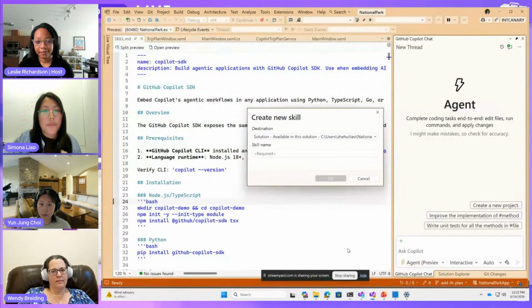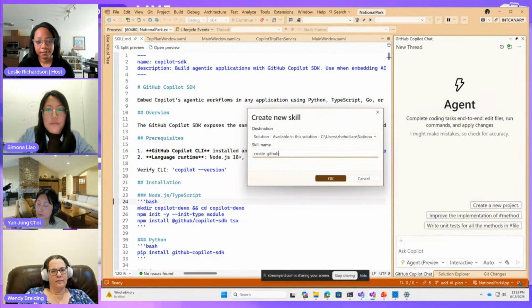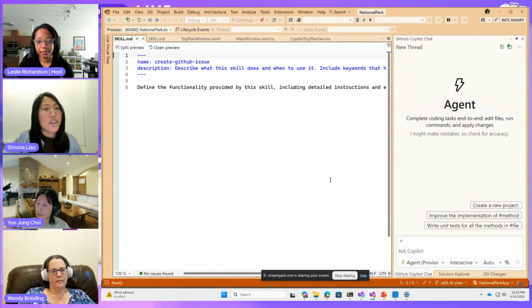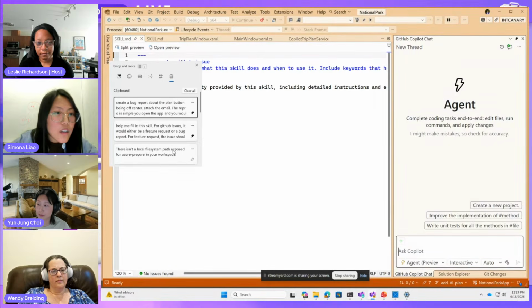Switching back. One thing I actually do a lot and would love to automate with a skill is creating GitHub issues. And I think this is a perfect one, because for my issues, I want to structure them in a certain way, and I'm totally fine with Copilot helping me with it. So I have prepared a